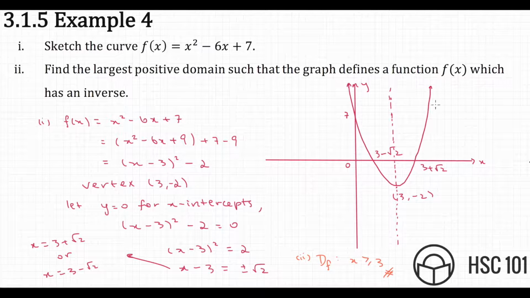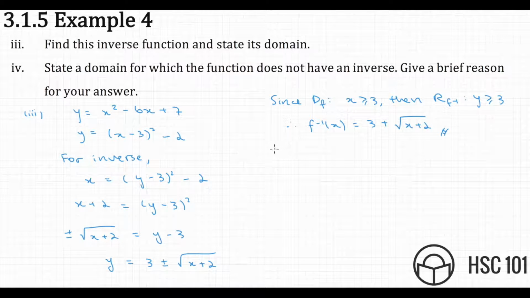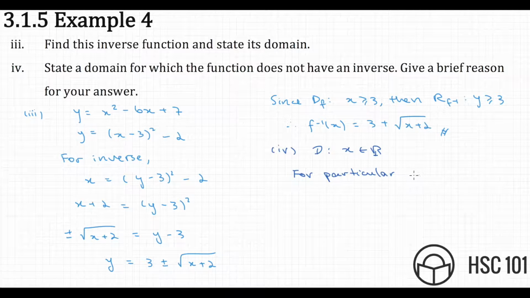But if we consider this parabola as a whole, which is a many-to-many function, we can no longer identify a unique x with a particular value of y. When that happens, we know that the inverse is not a function. So the simplest answer for part 4 is all real values of x, because if we define the function for its natural domain, then it's no longer 1 to 1, and instead it's a many-to-many function. So the domain we would choose so that the function does not have an inverse function is x is all real values. And the reason is because for particular values of y,